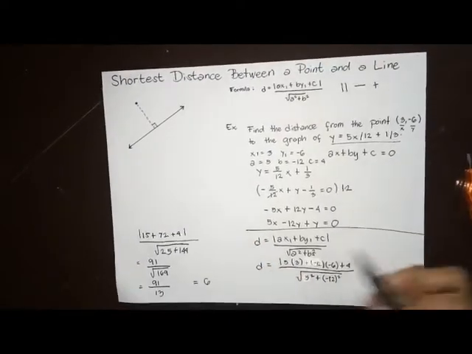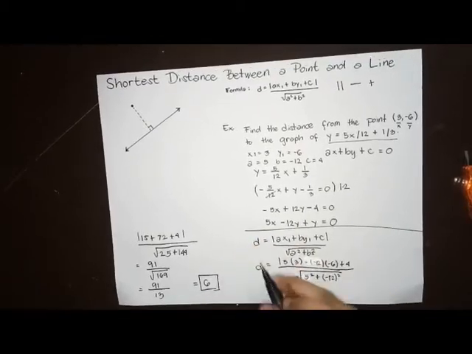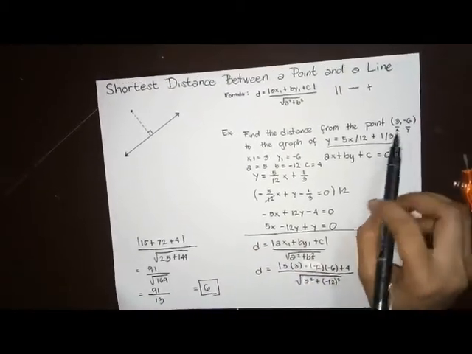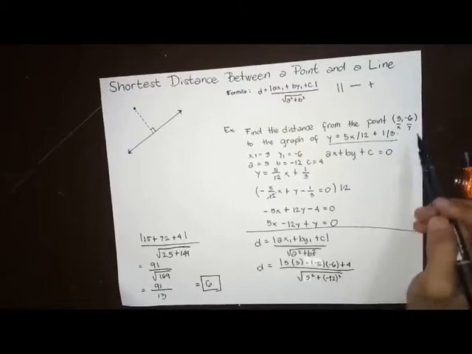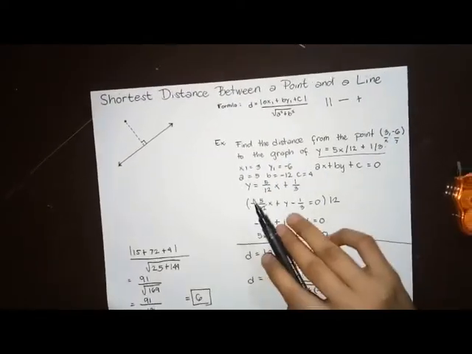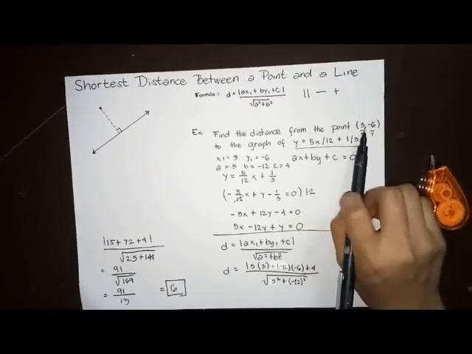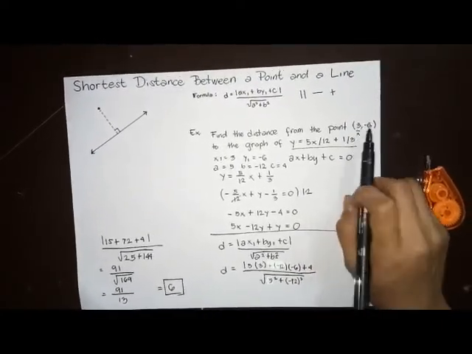The distance, so this is our answer. So the distance which is perpendicular, of the point (3, negative 6), is